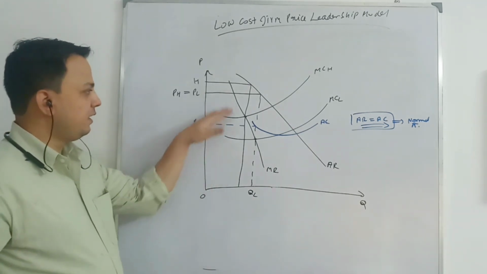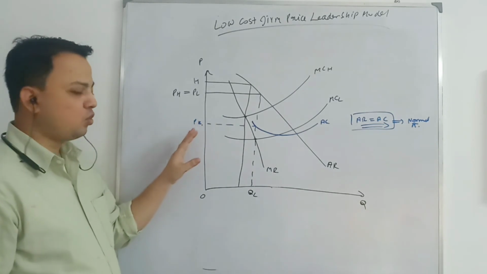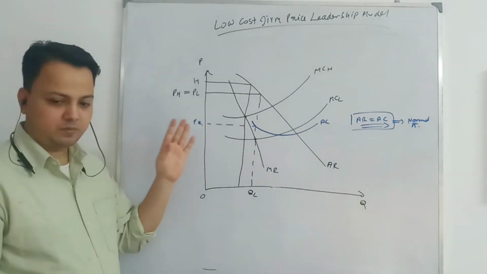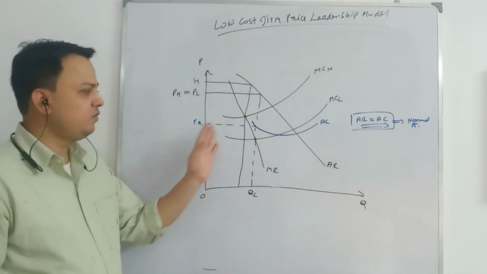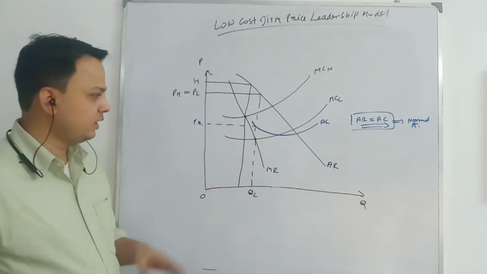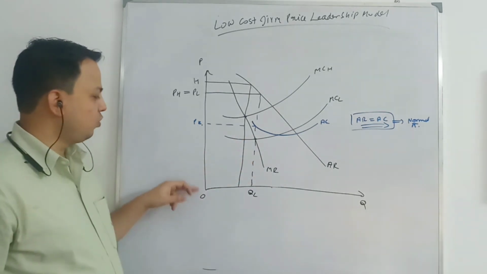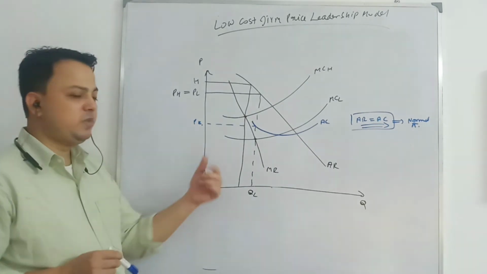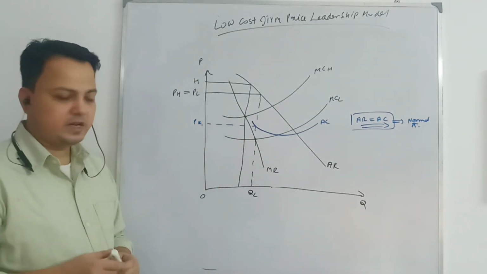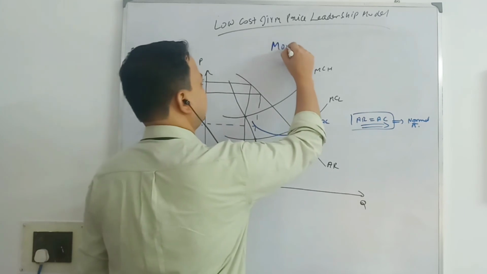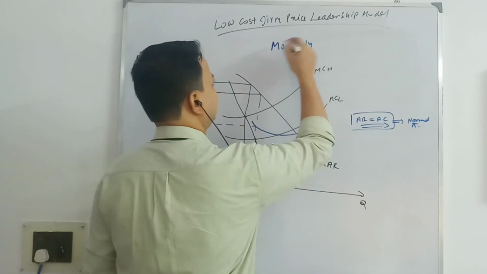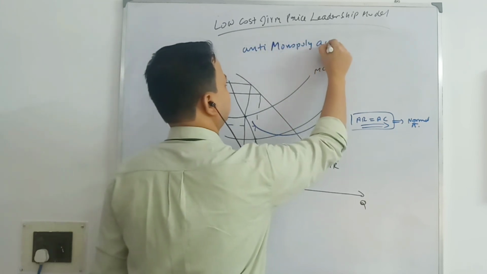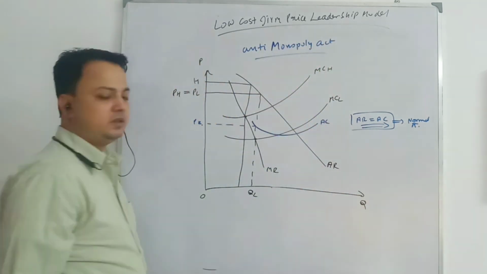So by undercutting price, the no cost firm can eliminate competition completely. There will be no high cost firm if it wants. But it will not be doing so. What is the reason for that? If it is charging OPK price and the other firm has to shut down, it becomes a monopoly. Several countries have monopoly laws, an Anti-Monopoly Act, that you cannot create a monopoly.